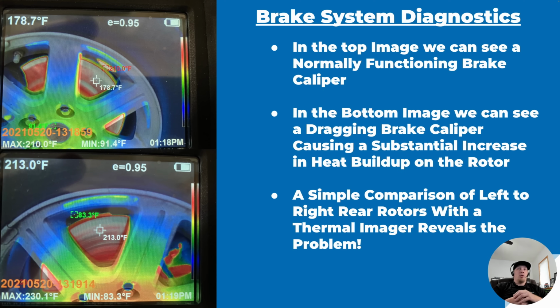And of course, this is a great visual communication piece to be able to show the customer, hey, look at the difference in temperatures between your two rear brakes. Can we see here that there's a problem on one side and why we need to dig deeper and find out what's going on? And then once you find the root cause, again being the slide pins in this case, we're able to explain